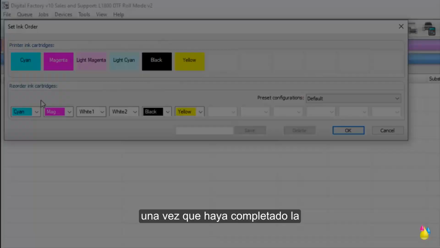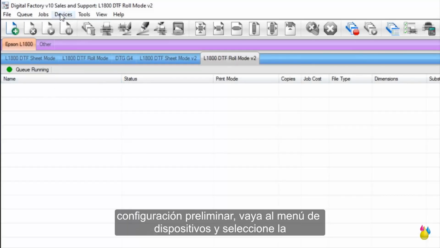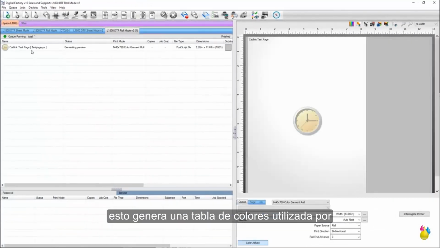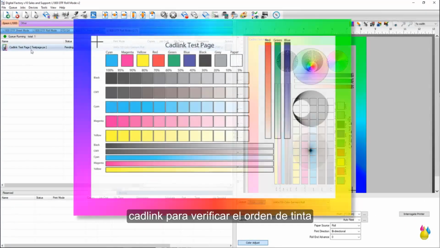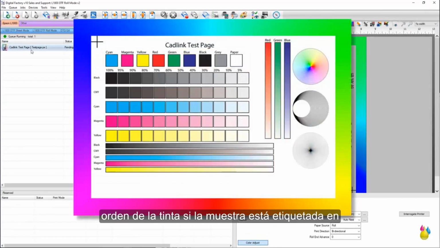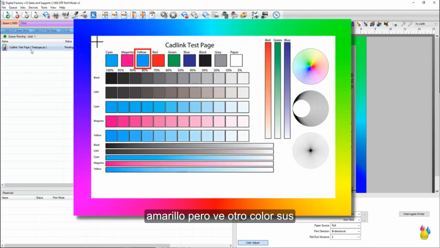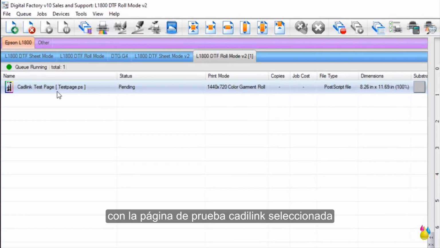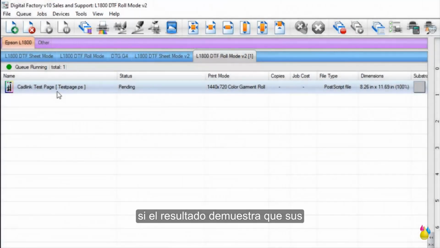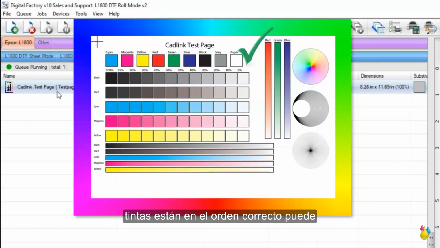Once you've completed the preliminary setup, go to the Devices menu and select Quick Print Test found at the bottom. This generates a color chart used by Cadlink to check ink order. There are labeled swatches allowing you to quickly see if there's an issue with ink order. If the swatch is labeled yellow but you see another color, your ink cartridges are in the wrong order. With the Cadlink test page selected in the queue, click on the print icon above. If the output demonstrates that your inks are in the correct order, you can move to the next step to